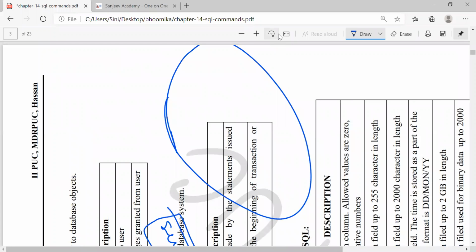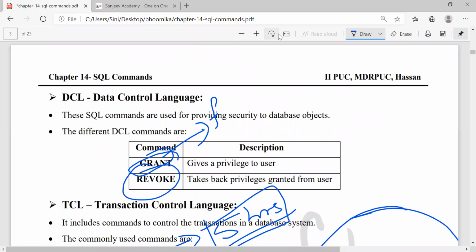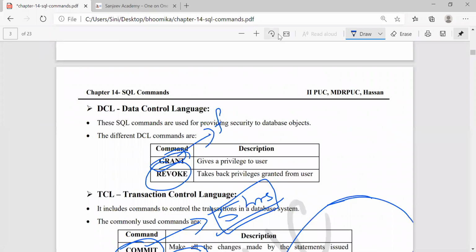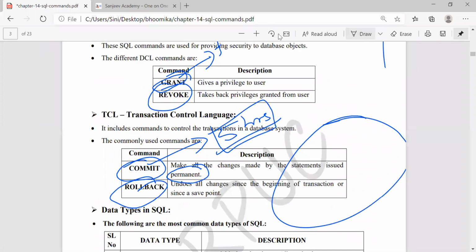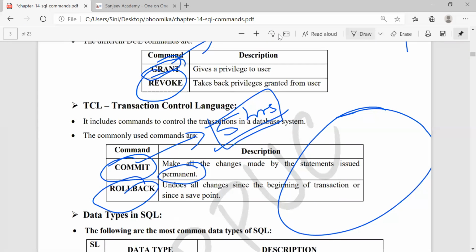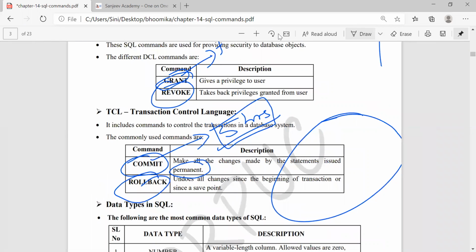I cannot. I have put a round to the circle here. Can I redo this? I cannot. If I use commit, I cannot redo. But if I use rollback and draw a circle, then I can undo changes. That is the only difference between these two.